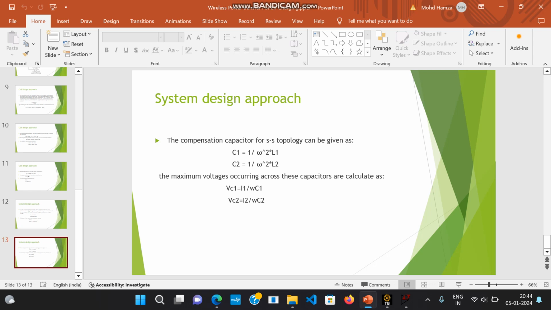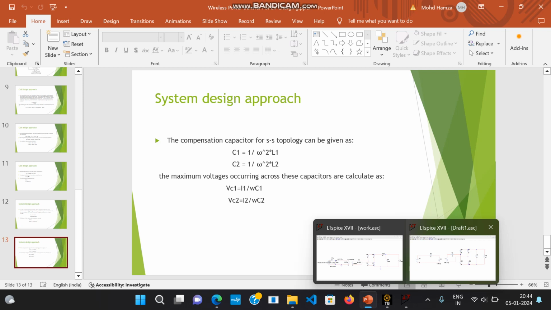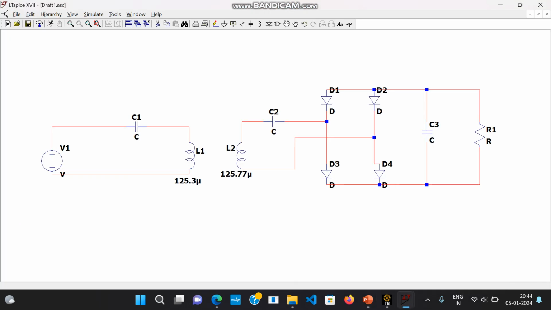For the same frequency, which is 85 kilohertz, we have to substitute in the place of f. So for this you have to take your calculator out. In the calculator, if you substitute the values here, like 2 pi into 85 kilohertz whole square into L1, L1 is 125 micro,